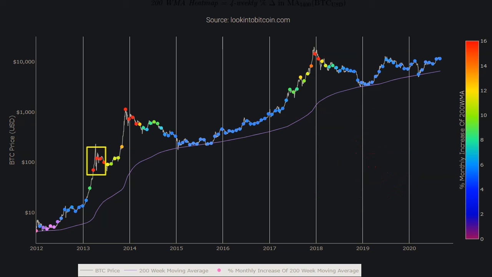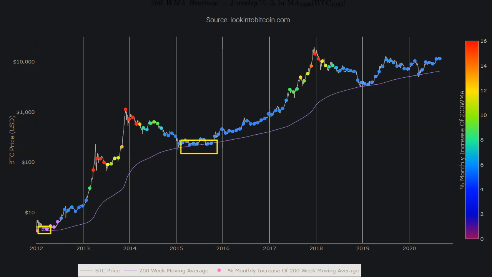We had these in 2013 two times, and we had our signal to go out of Bitcoin in our latest peak of the bull market around the end of 2017. Let's just say it like this: when the red comes, the dumb money is coming in and it's your time to get out. So ideally you would buy when we touch the 200-week moving average